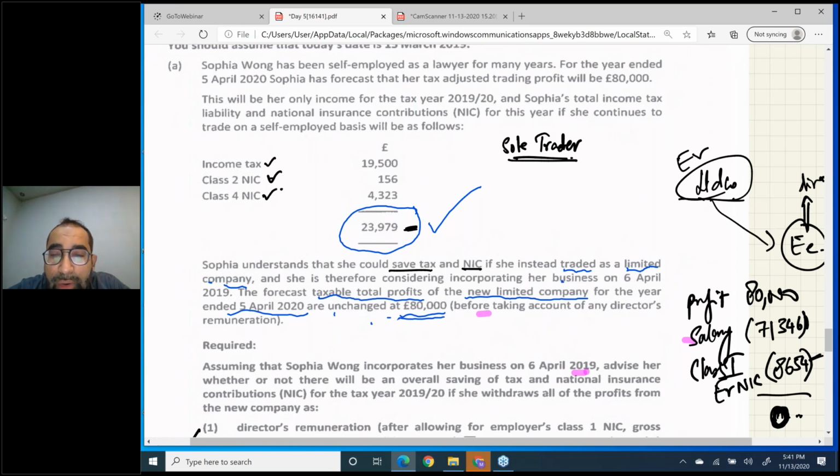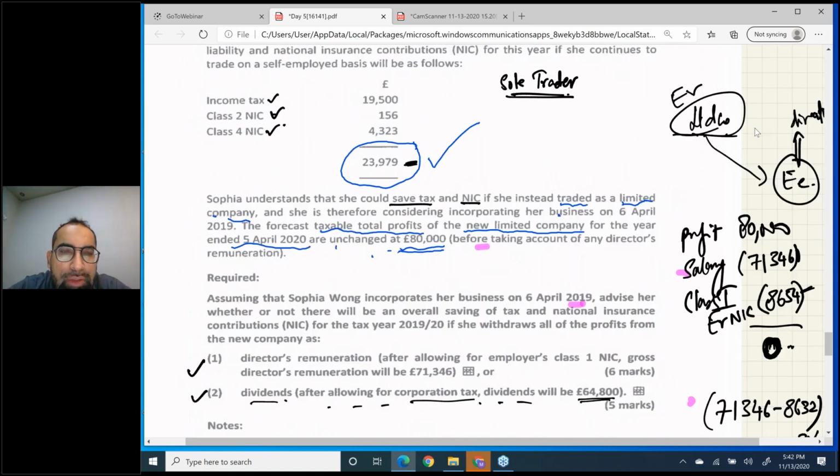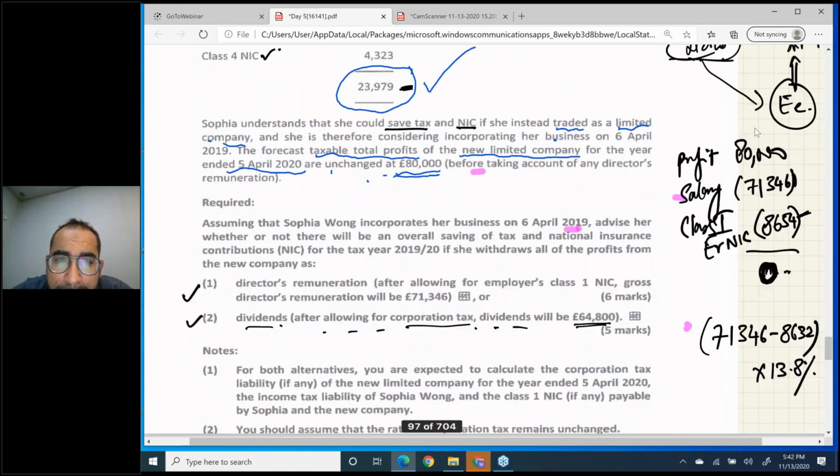before taking account of any director's remuneration, the same as whatever she was earning as a sole trader. Obviously only the form of business has changed, nothing else. So this 80,000 will be the company's profit. Now a few ready-made things for you. Assuming Sophia Wong incorporates her business on 6th April 2019, advise her whether or not there will be an overall saving of tax